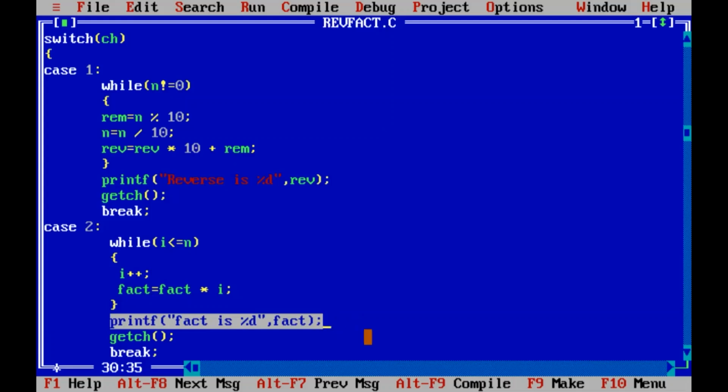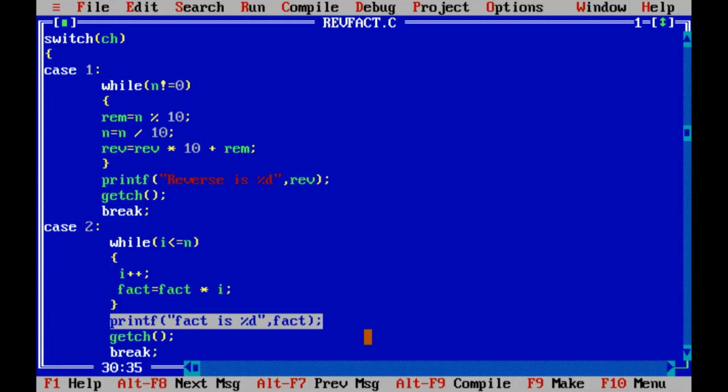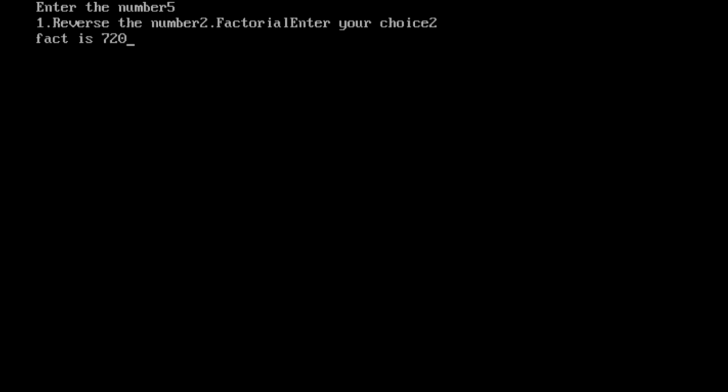I'll just run it and show you, but I didn't complete the execution actually. If I enter 5 and all, we have to put it in a formatted way. If you enter the choice as 2, there are 2 choices we have given, then it will show the factorial.